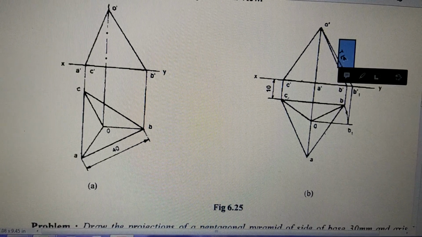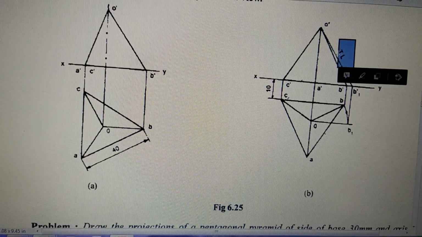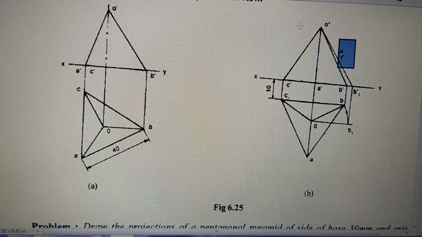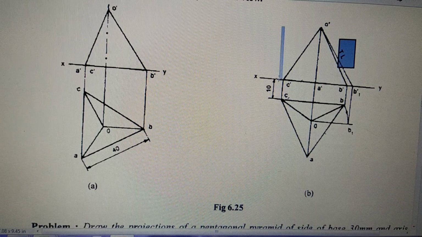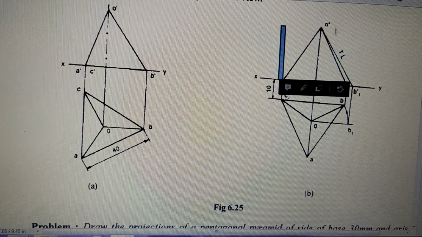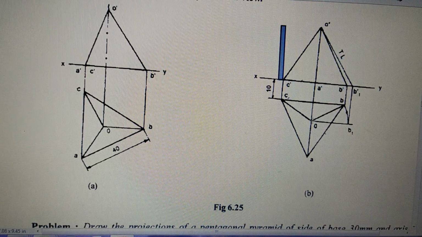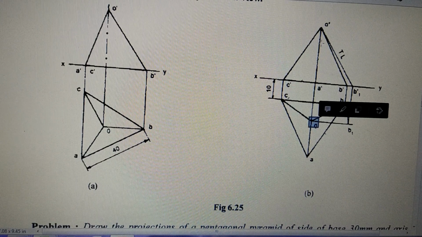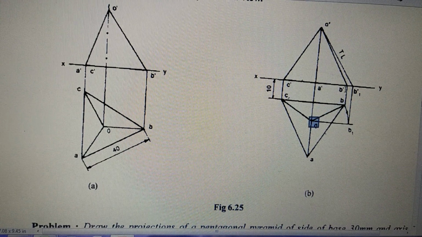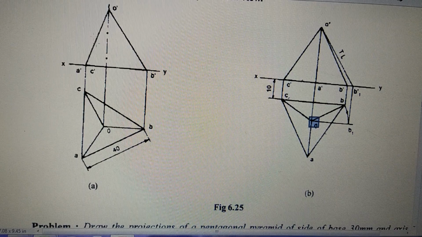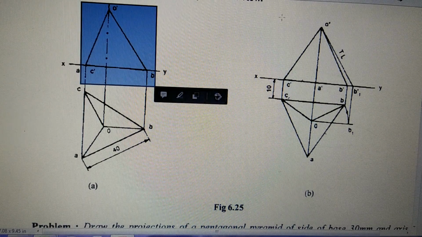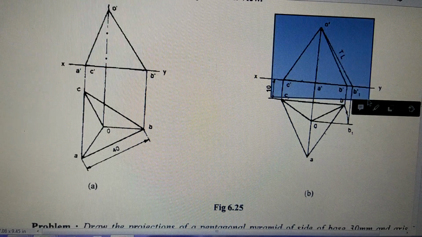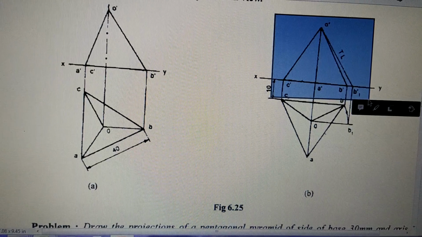So when you draw, this TL and this line you don't draw, you just take the height from here to here. You take the height as 35. Mark this point O exactly above the apex, and then join these ends, and you can draw the front view, once like this, other case like this. So that was your 6.25.